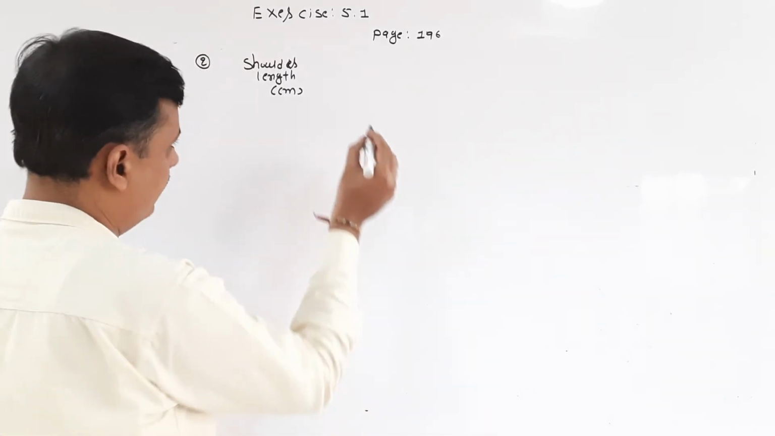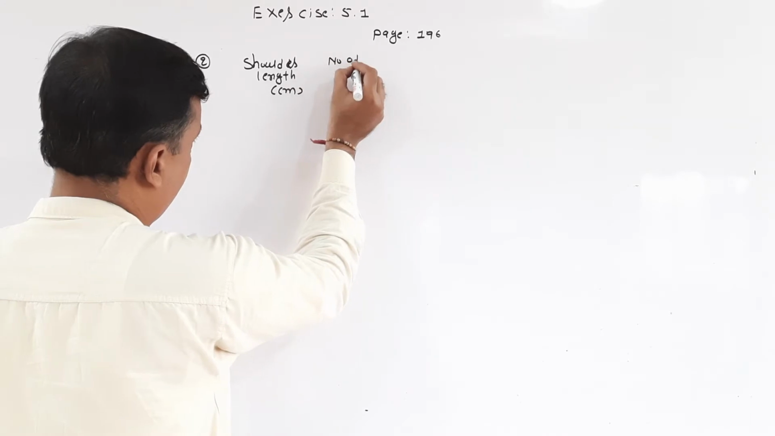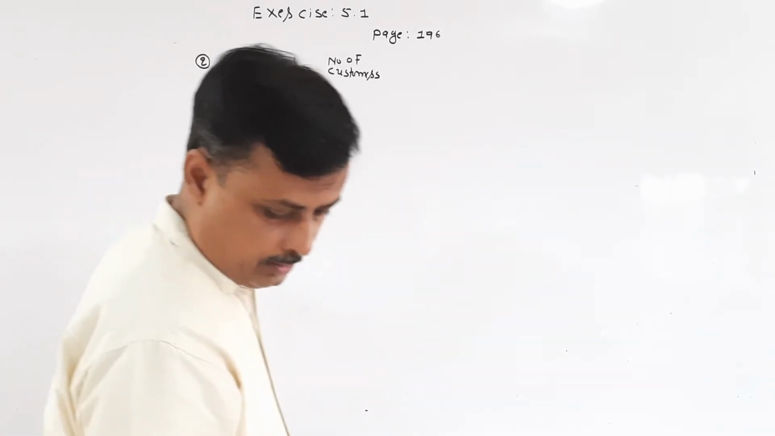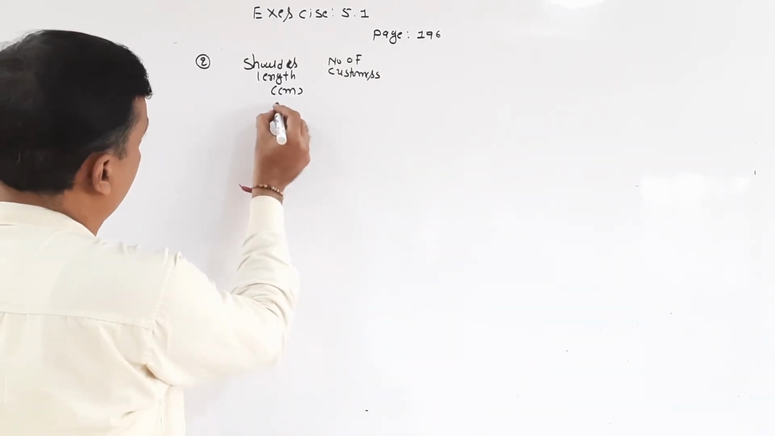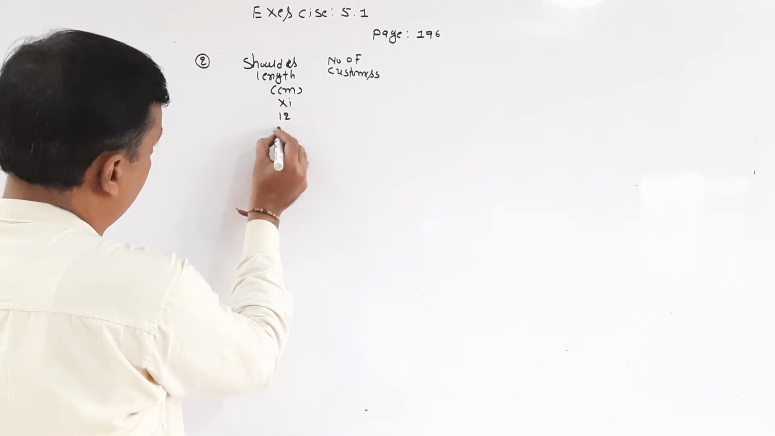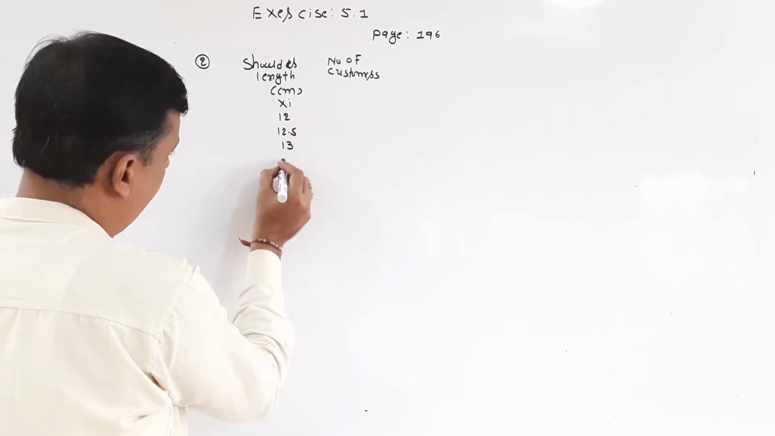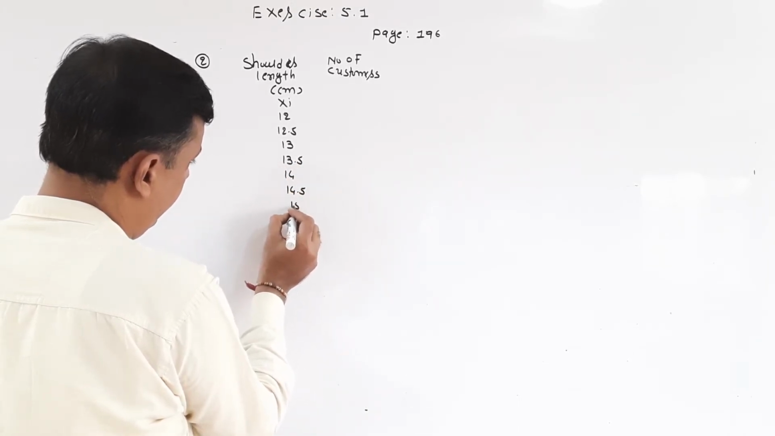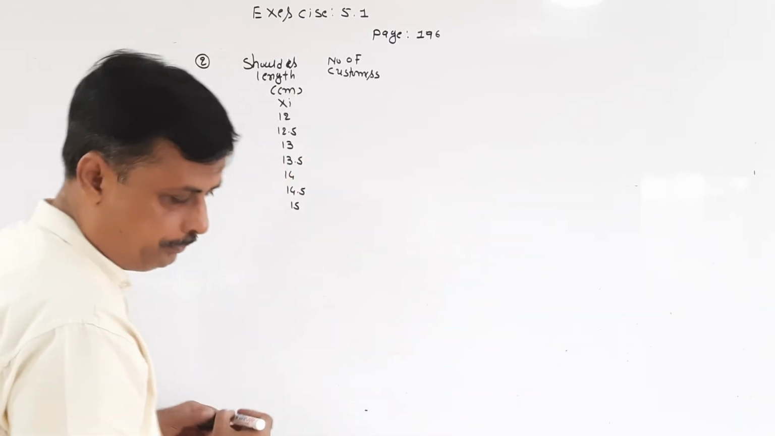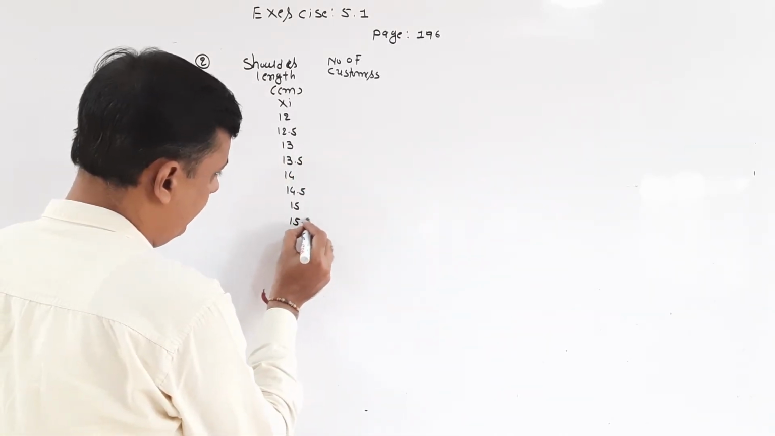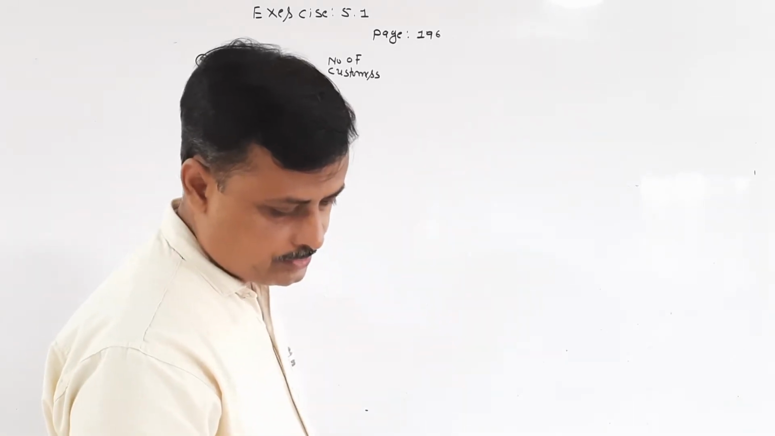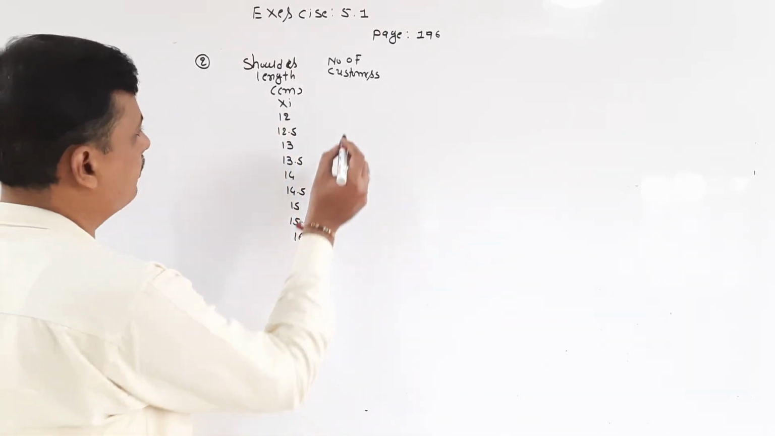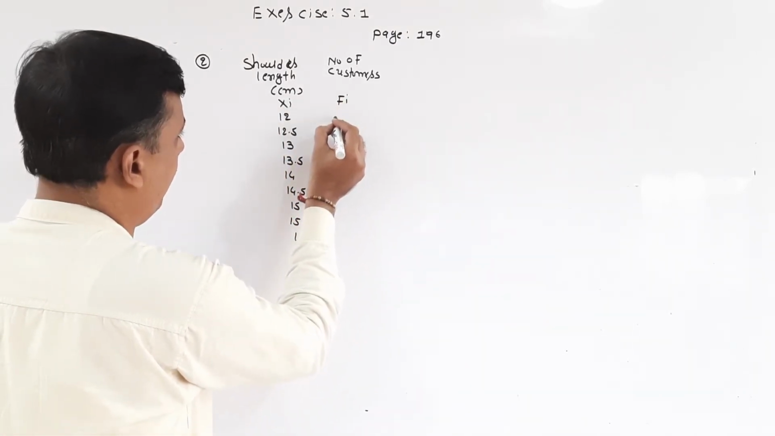And number of customers. Here xi is 12, 12.5, 13, 13.5, 14, 14.5, 15, 15.5 and 16. Number of customers, that is frequency, is 5, 20, 30,